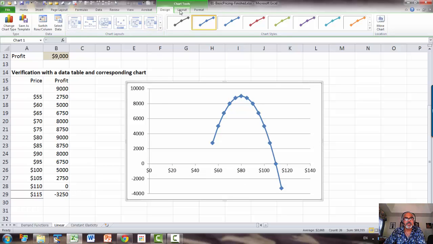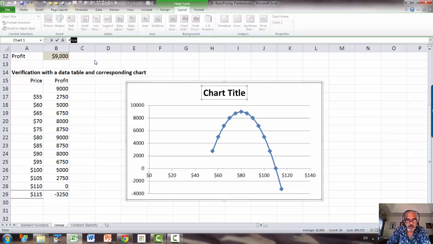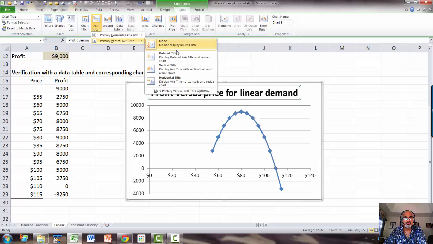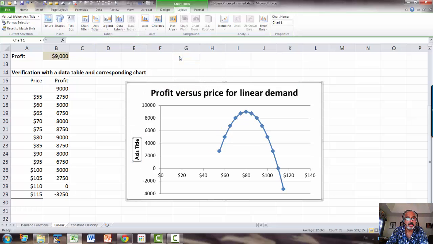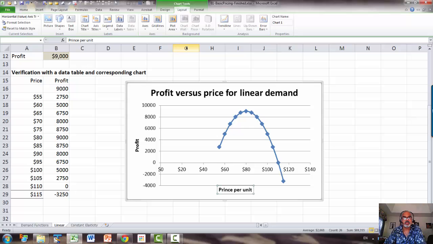Okay, let's put some titles. Profit versus price for linear demand. Okay. And vertical axis is profit. Horizontal axis is price per unit. And let's